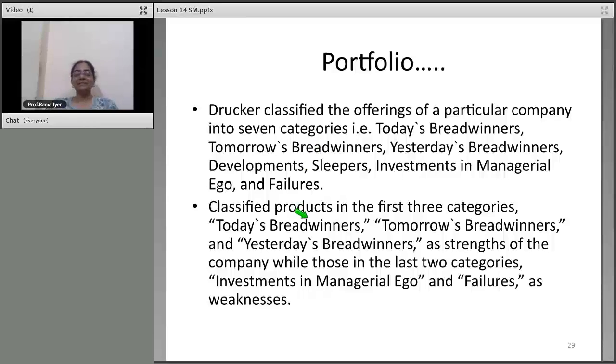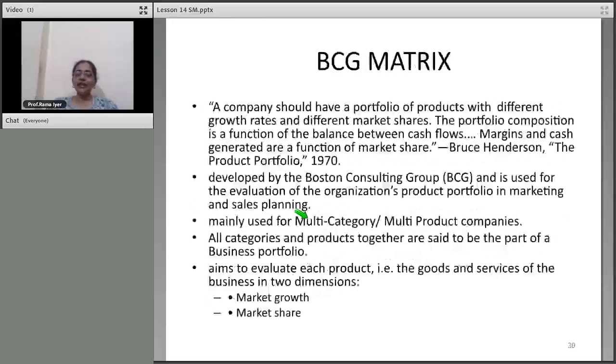Is it clear? I think it's very obvious, isn't it? Yeah. That's all they have told you with portfolio analysis. We'll go on to BCG matrix. Around 8 o'clock, I will stop dealing with this. I'll just go to your 11th, 12th and 13th chapter, what are the changes, and then I'll come back to this, okay?